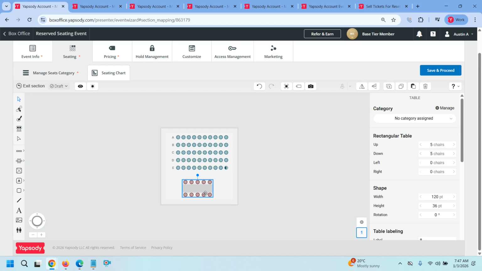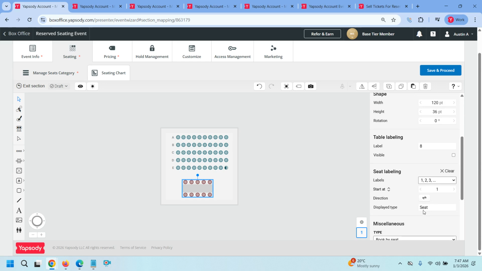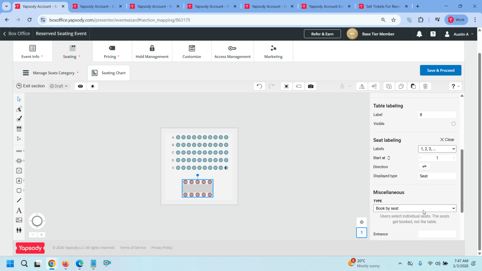So 5 in each row. Now let me also add a category here. I'll add a category, section 1, this time. Now the important point that we want to notice here is that we now have a feature called your table, your